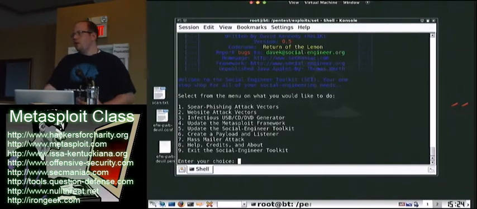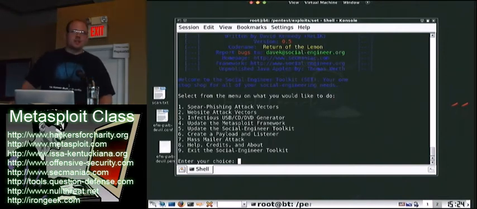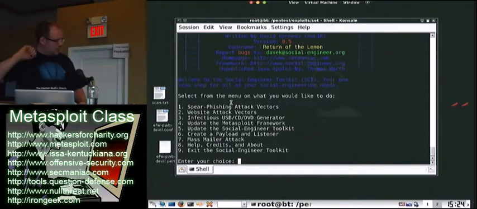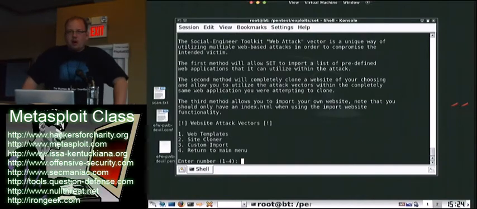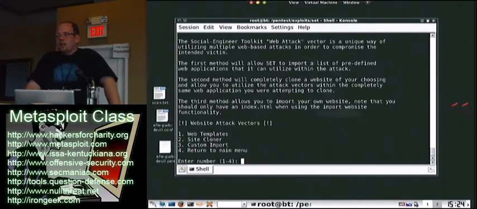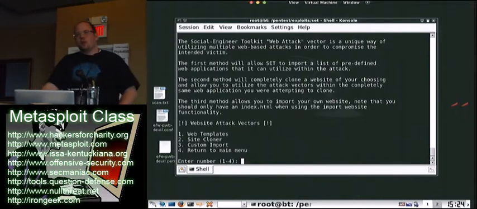If you're familiar with Fast Track, the interactive mode is pretty much the same thing as this. I prefer menu-driven, type attack vector. Command lines get confusing, so when I programmed SET, I did it from this method. With SET, we'll go through the web attack vector first, and the credential harvester. This is specifically for if you're targeting an organization and you can get people to click a link or a browser or your site. A lot of times what I'll do is entice a victim, either through calling them up or it integrates with Ettercap and a bunch of other things, in order to get them to click on your site and compromise you.